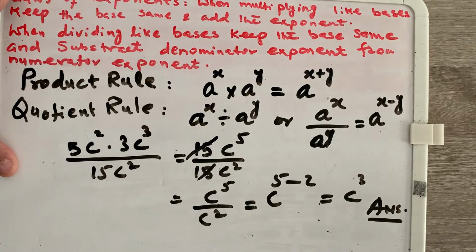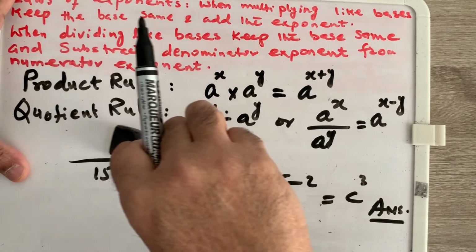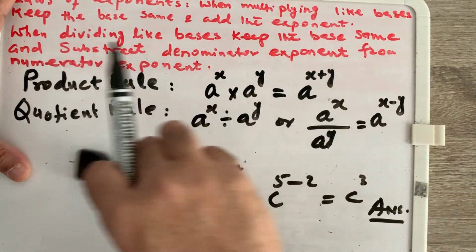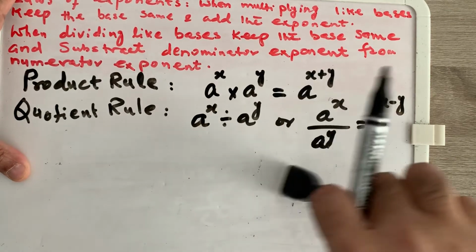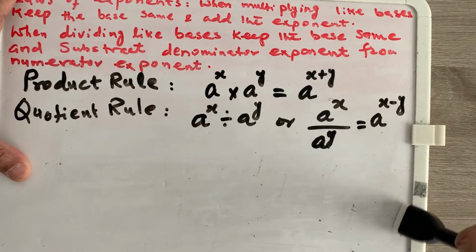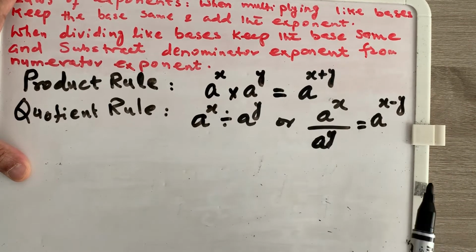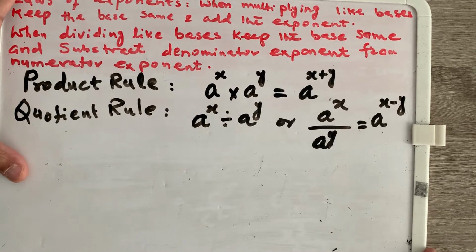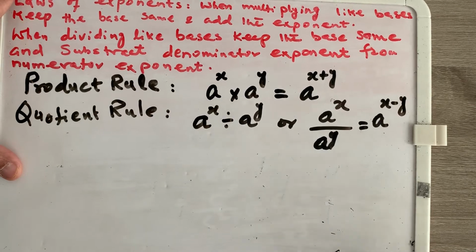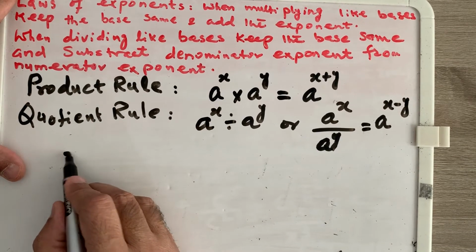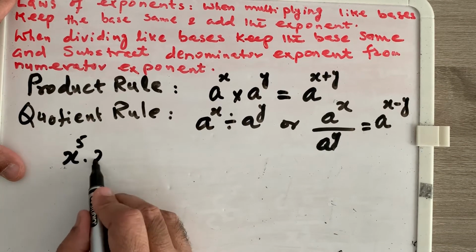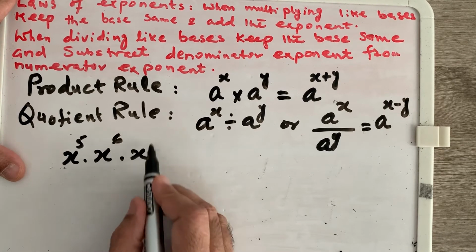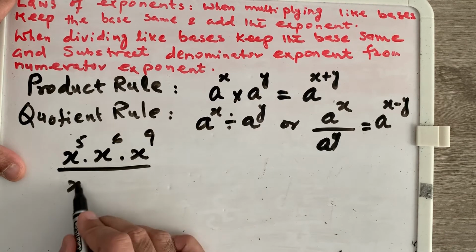So we can take many other examples like the same, but you have to remember the rule. If the bases are same, you have to add the power if they are multiplying, and you have to subtract the power if they are dividing. So if I have x power 5, x power 6, x power 9, and I have x power 3,